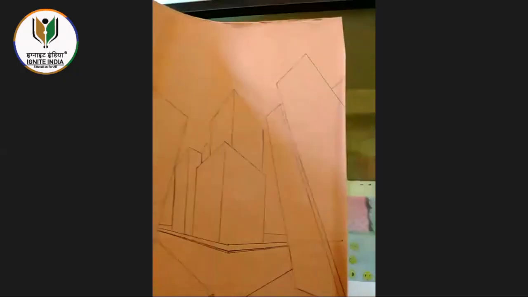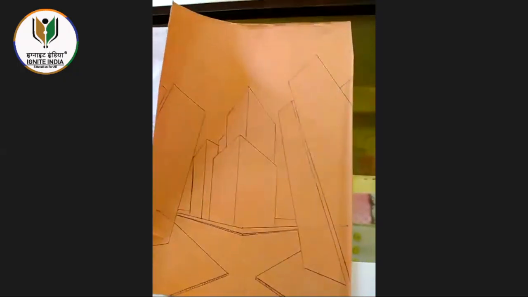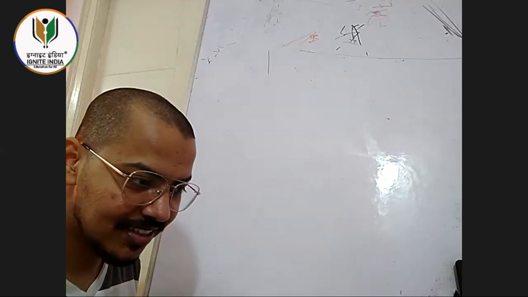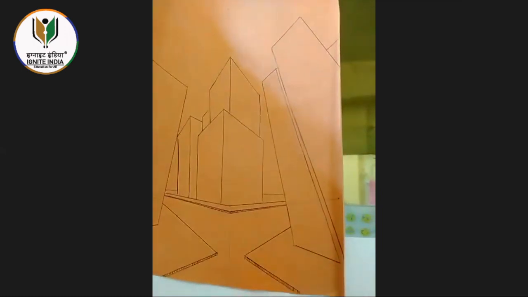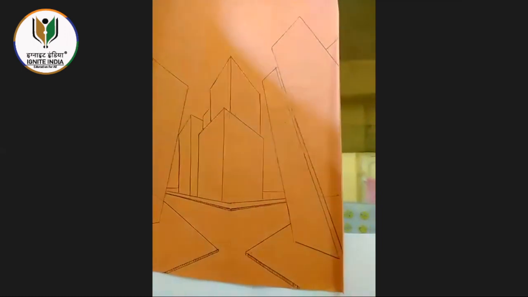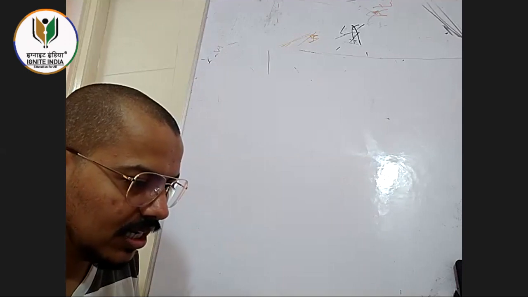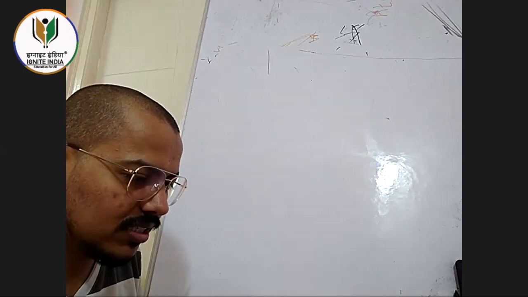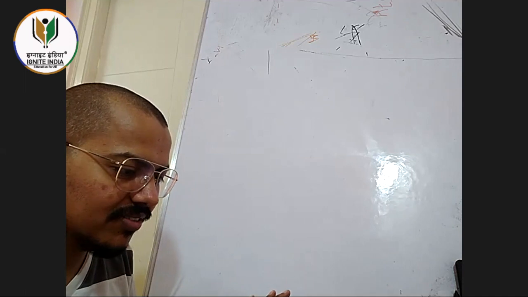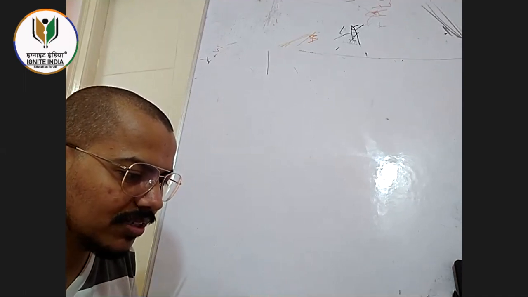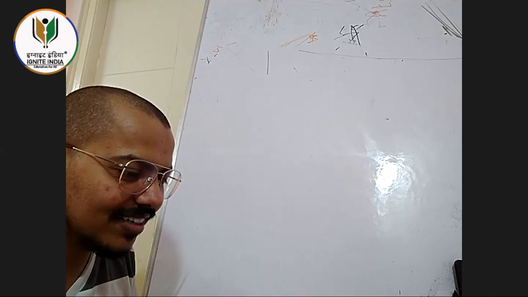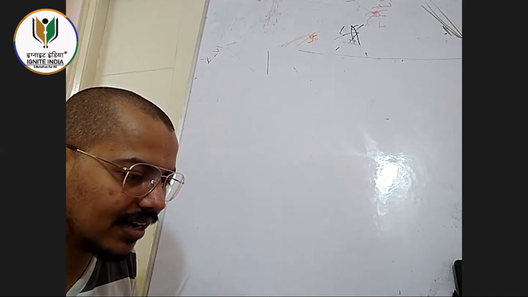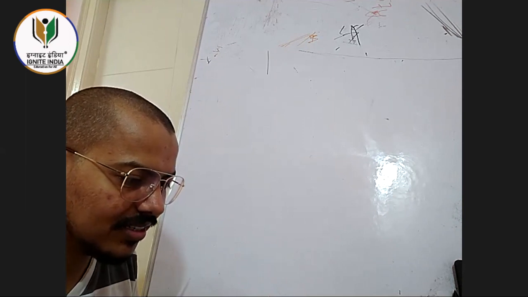So can it be like this? What? Can it be like this? Like if you look at it from down. Viswas, no. The buildings on the left side and right side are good, but the building in the center is not, because the height is not going diagonal there. The height is not meeting at this point. The heights are parallel there. You can see that the height line is parallel there.